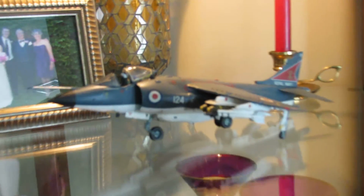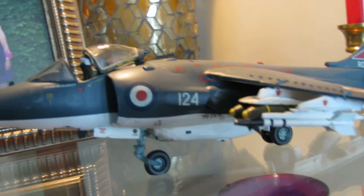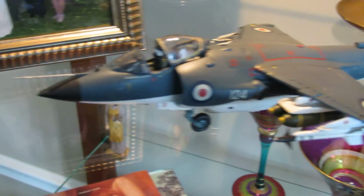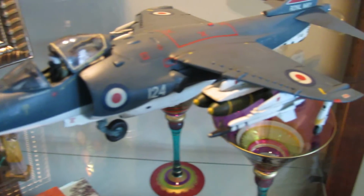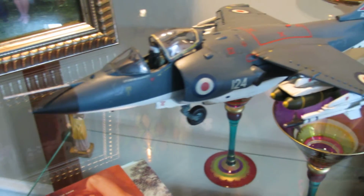So let's go across. I'm just going to take you over to this shelf, and there's my Harrier that I did, my Sea Harrier FRS-1 Royal Navy. That was my 6th build. It's the last build I did before I started the Mosquito. And then over here in this cabinet,